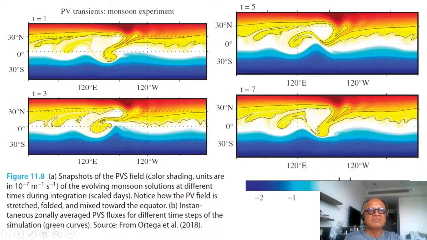So these are snapshots of PV after the heating is imposed for the monsoon experiment at time unit 1, 3, 5, and 7. And here you get a much better sense of the breaking of the PV into filaments and so on. So you can see here it's clearly breaking off and getting mixed around and dissipated. As we argued before, that PV dissipation in the deep tropics is contributing to maintaining the mean zonal upper level